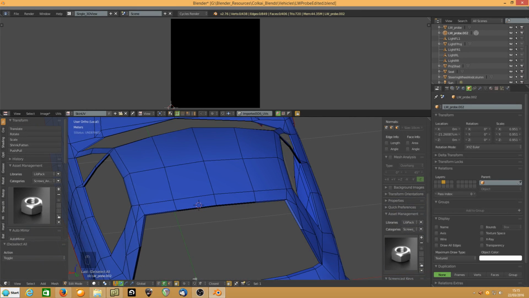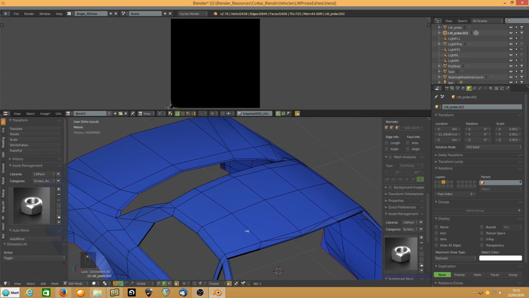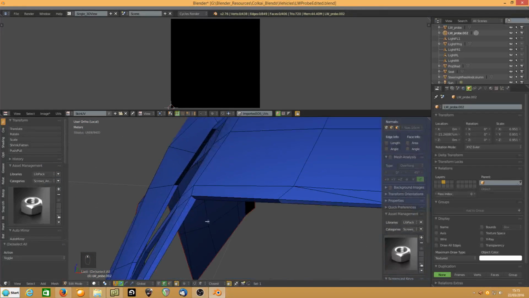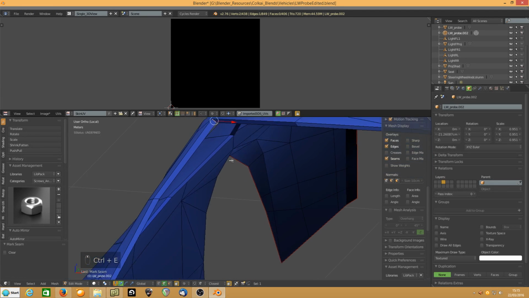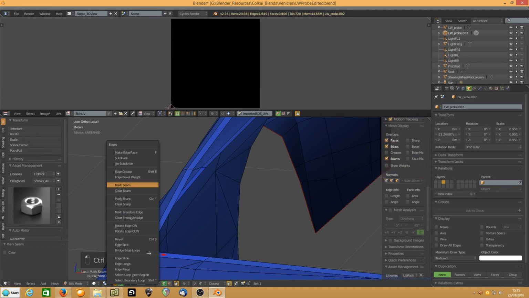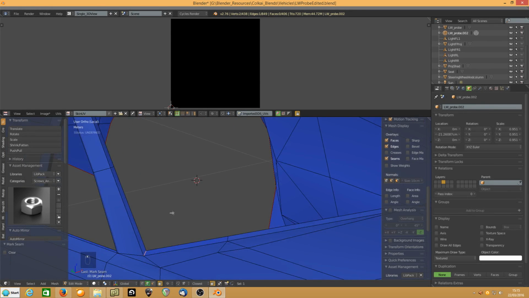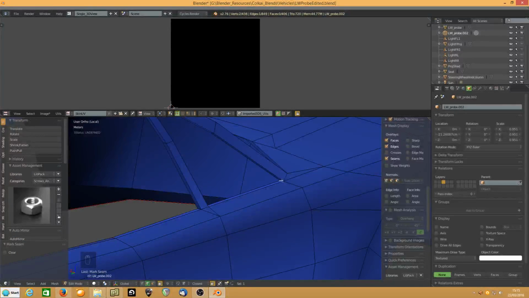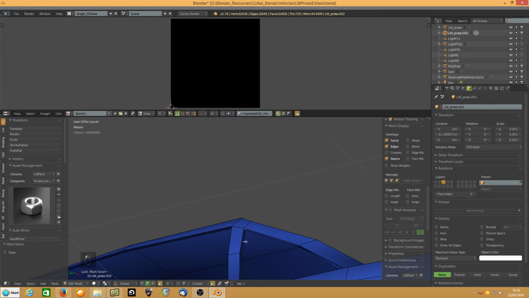Right, now I want to actually put in the seams I think would be more relevant, which would probably be in the corners of the work. So again, working on one side only, I can do mark seam. I'll get rid of that manipulator, can see easier there. Select that, shift select that, shift select that, mark them as seam,